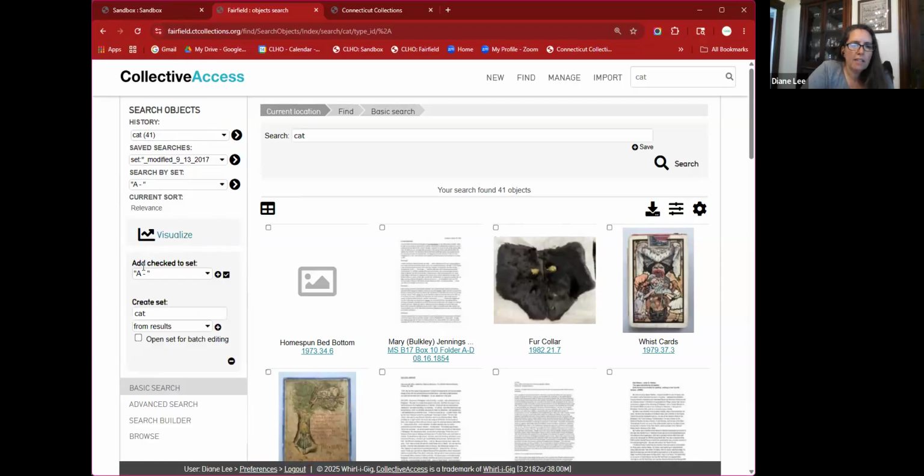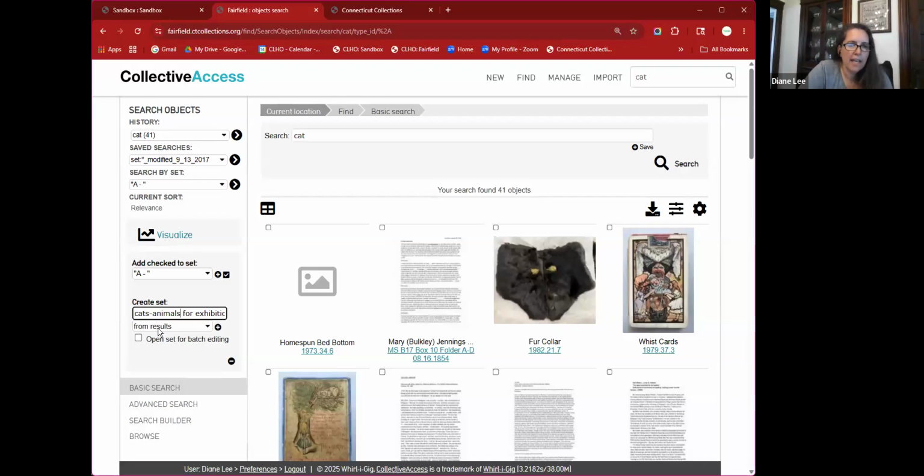When you click on that, you'll see "add checked items to an already existing set," or you'll see "create a set." And usually it just names it whatever your search term or search string was. So you can create a set from that. I'm going to create a set, and I'll get rid of it later, called cats for exhibition. And I can change that. I'm actually going to say cats slash animals